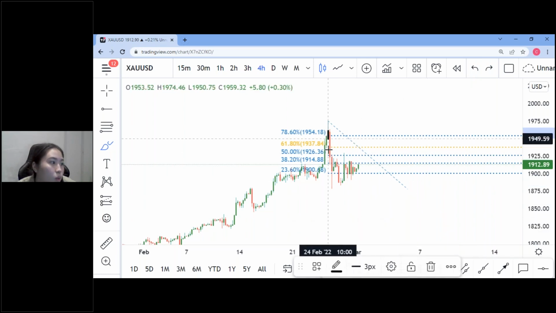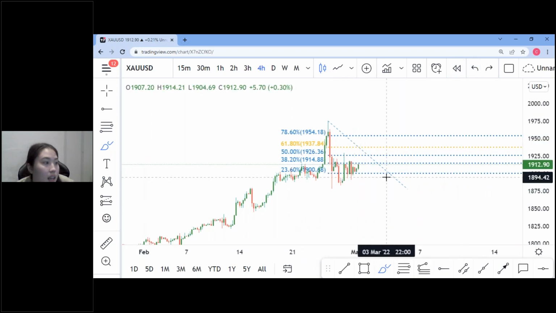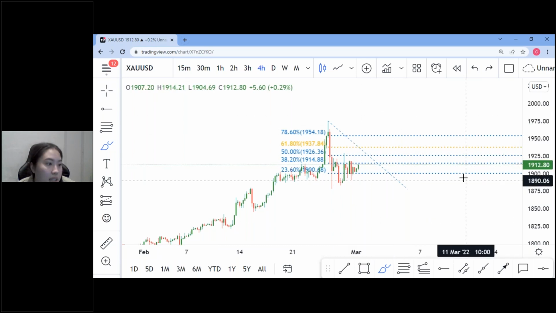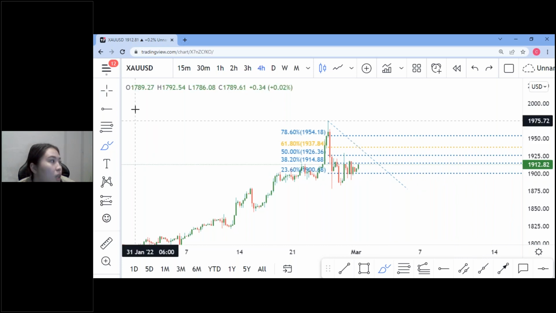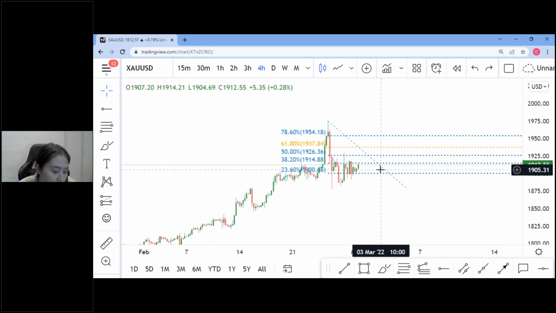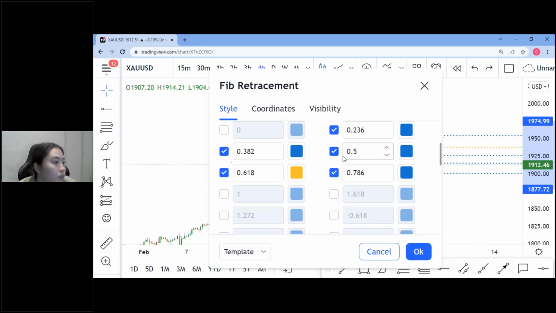Now that the reversal already happened, we're gonna try to predict where the next reversal is gonna happen using Fibonacci retracement and these 5 levels. Do you guys think the 23.6% is still relevant to us? Do you think price is still able to reverse from the 23.6? Can you guys let me know in the chat box? Okay, nope. It's not relevant anymore. So we're gonna get rid of the 23.6%.